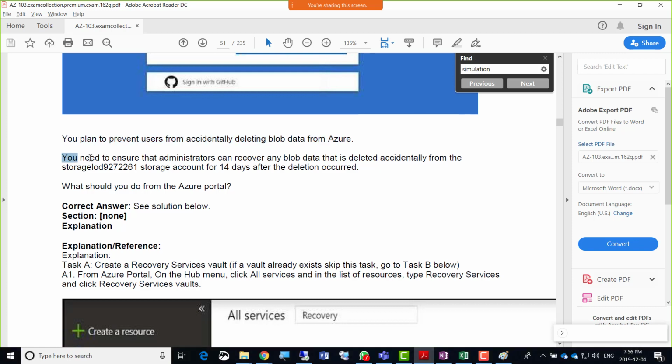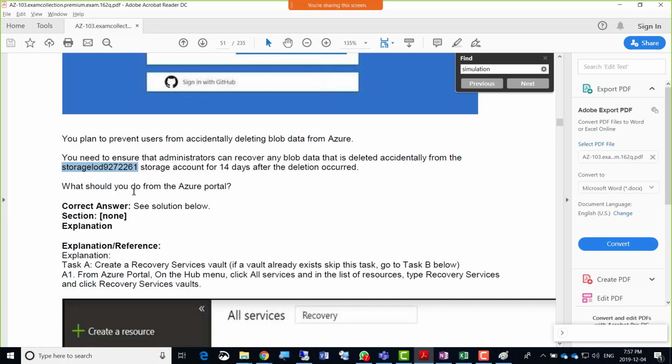You need to ensure that administrators can recover any blob data that is deleted accidentally from this storage account. So this means that we have to still create a third storage account, or check that if that storage account is already there, right? Storage account for 14 days after the deletion occurred.